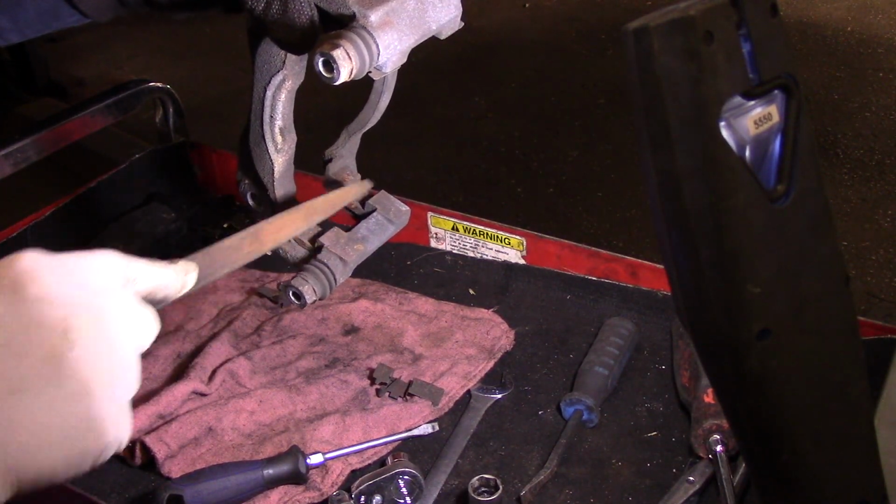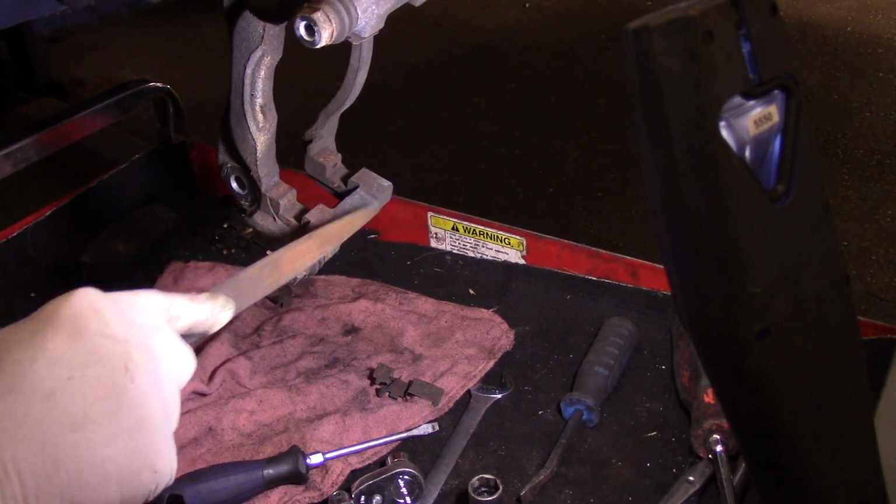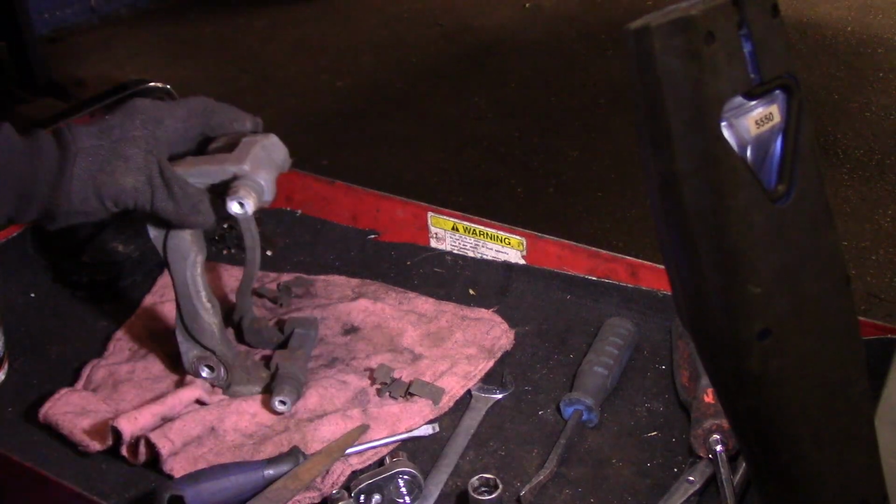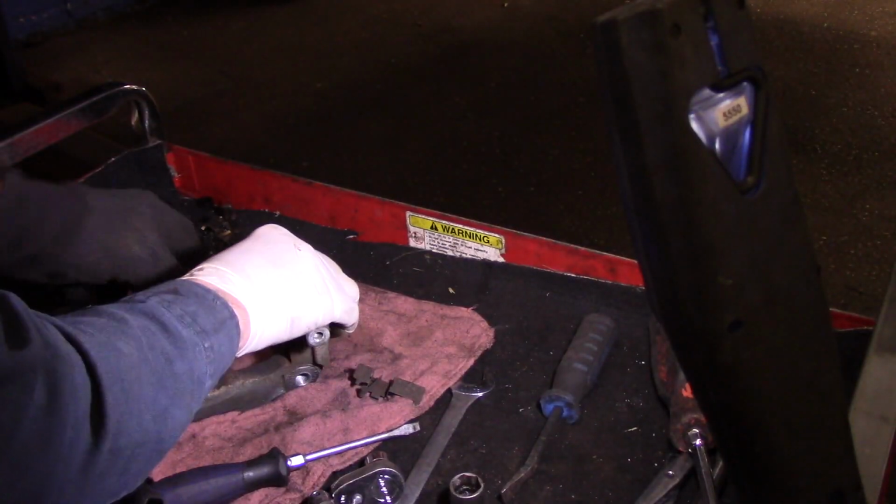So I'm going to clean this up on the machine over here. I have a grinding wheel, so we're going to clean this up. Once it's cleaned, then we'll come right back. All right? Now that we have it all cleaned up,